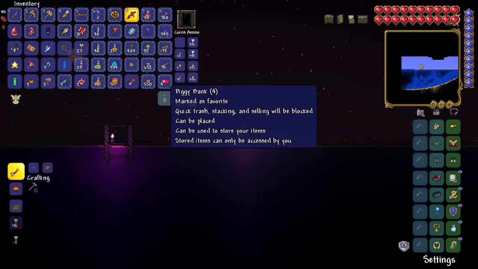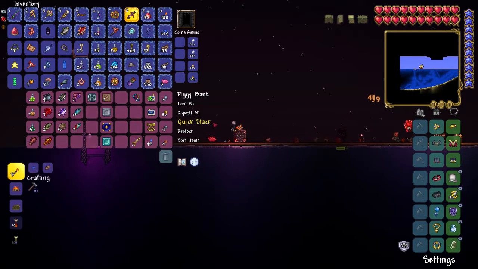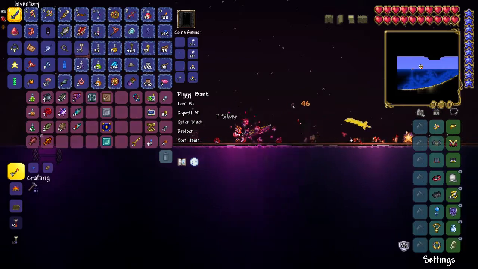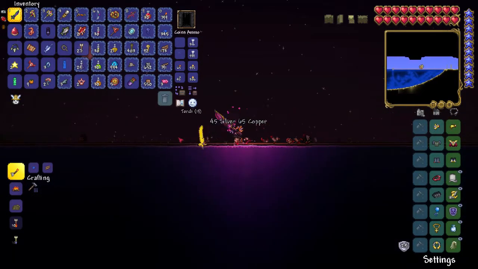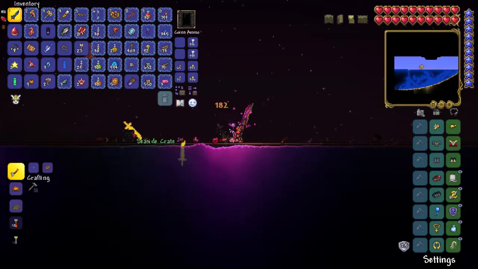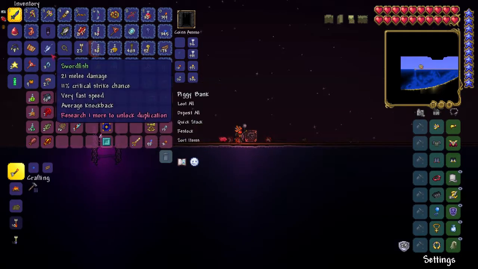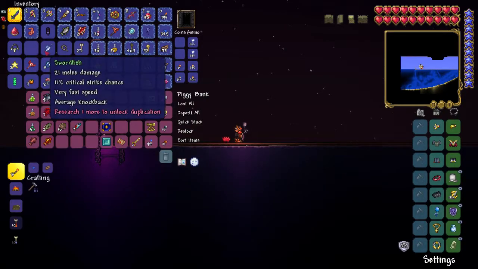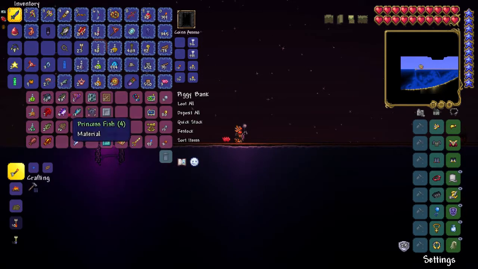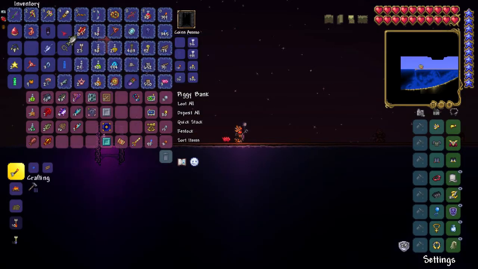And that's a crate we can't actually pick up. So let's quick stack everything. And I'm hoping we can get something really nice from the blood moon. And then if need be, we will make more. What is this? A seaside crate. So I guess we'll put this in here. Same with the seaside crate. And the swordfish, which we will... Actually, let's go ahead and put trout in here, as well as...